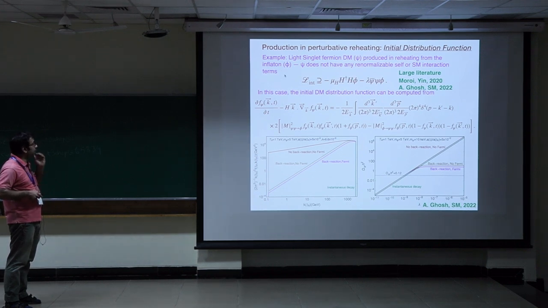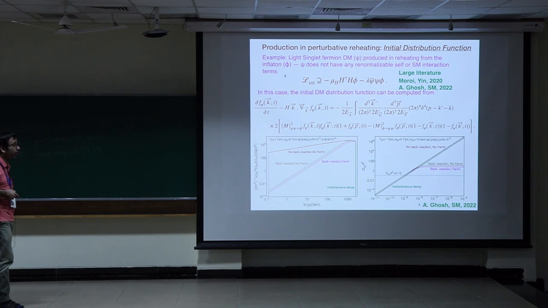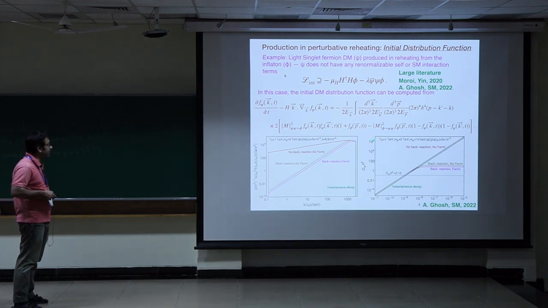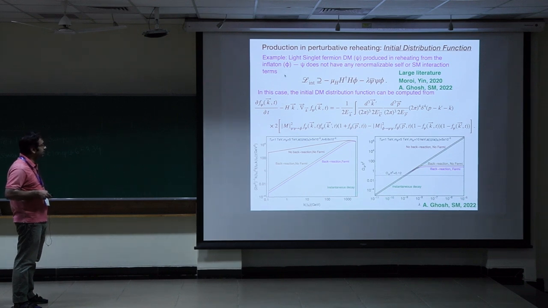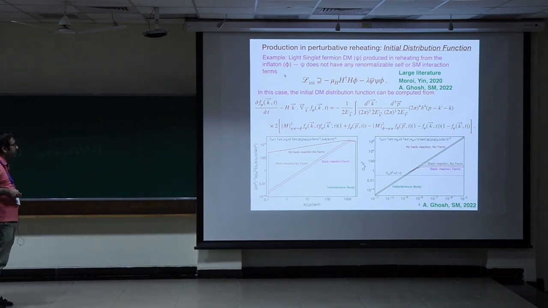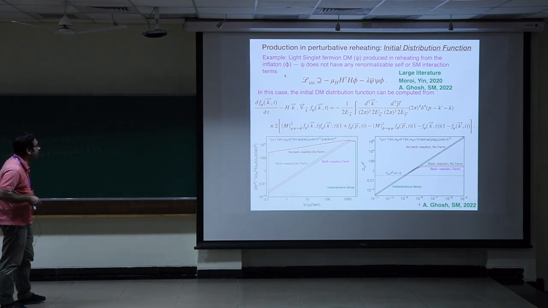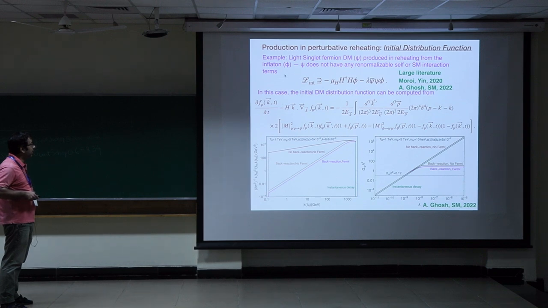And in this case, to obtain the distribution function at the reheating epoch, you have to solve this kinetic equation with this collision integral. And here are these quantum effects, this Pauli blocking and Bose enhancement effects that are important. And you see that if you make this instantaneous decay approximation, then of course you obtain a delta function distribution. But the moment you take into account the fact that there is a finite duration of the reheating era, the distribution is no longer a delta function, it is this red solid line.